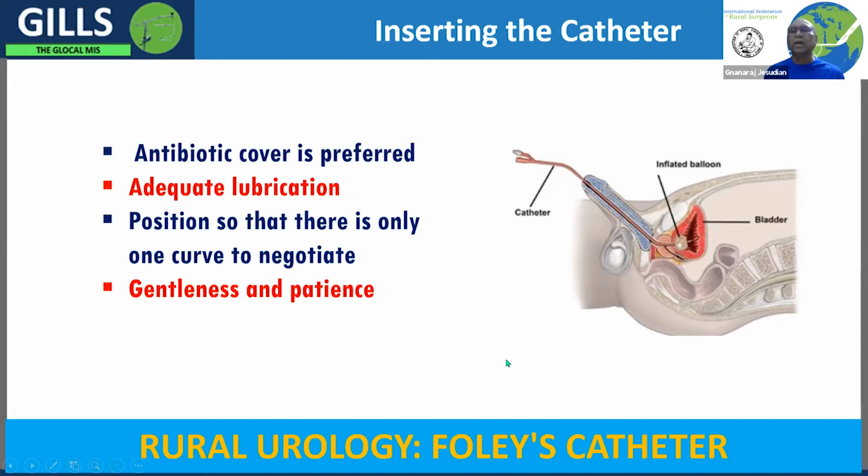You need to be very gentle and patient while passing a catheter because at the level of the sphincter, the patients can voluntarily contract the muscle. So if you try and push it there, it can cause urothelial damage and later stricture. If it is not going, you need to apply gentle, constant pressure and wait for a while till the patient relaxes the sphincter and then the catheter goes.